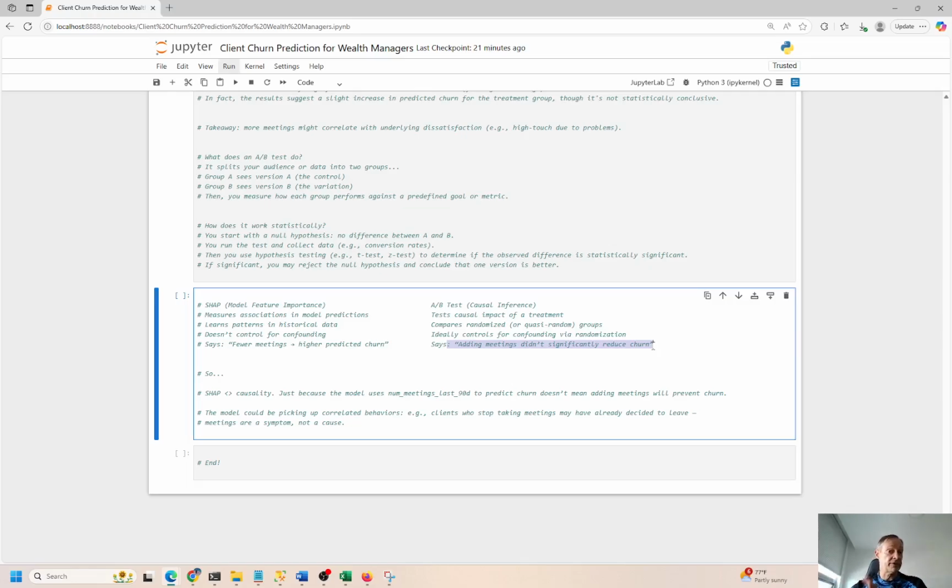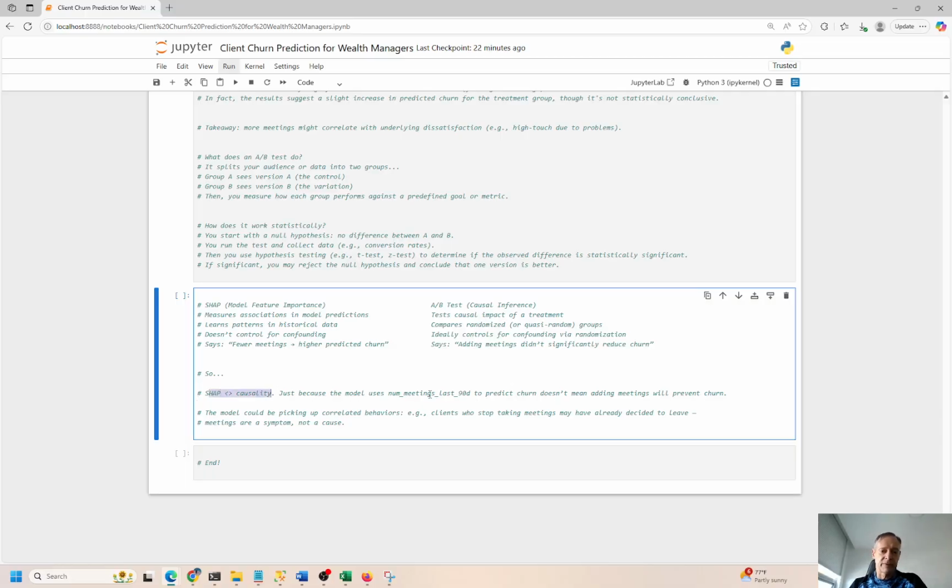But again, different approaches. And I think you should look at this thing from different perspectives and try to understand different approaches so you can make a more informed, more intelligent decision ultimately, right? So we know that more meetings doesn't necessarily reduce churn. If you have no meetings, the people might walk. If you have too many meetings, they might get upset and might leave. But there's no statistical significance between 4 meetings or less and people leaving the wealth management firm. That's proof conclusively, right? So SHAP does not equal causality.